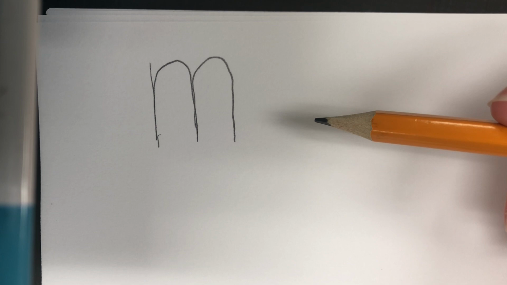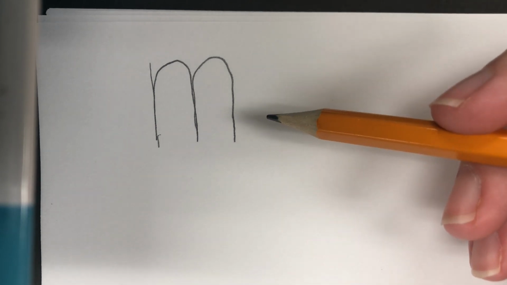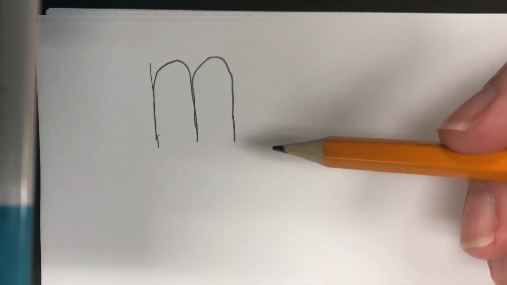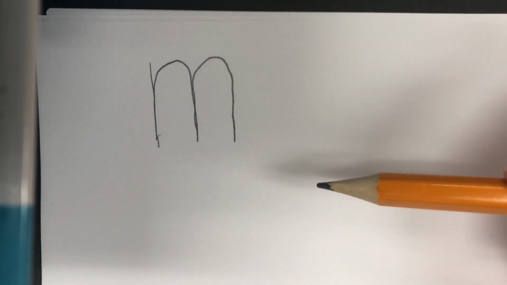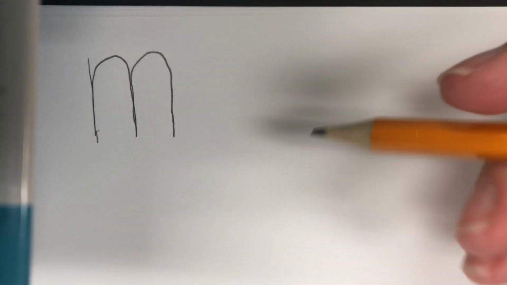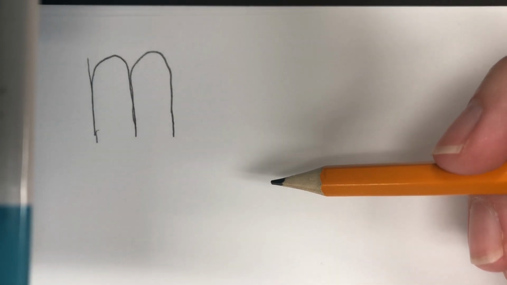What sound does it make? I hope you said mmm. I hope you said M says mmm. I was getting ahead of myself. I bet you can guess what the next letter is. It's the one that says ah. So M says mmm, and